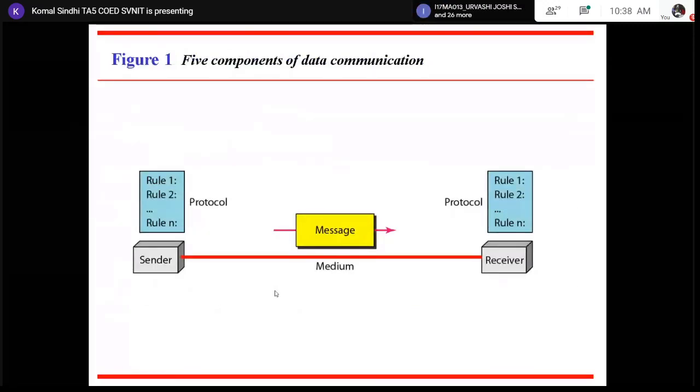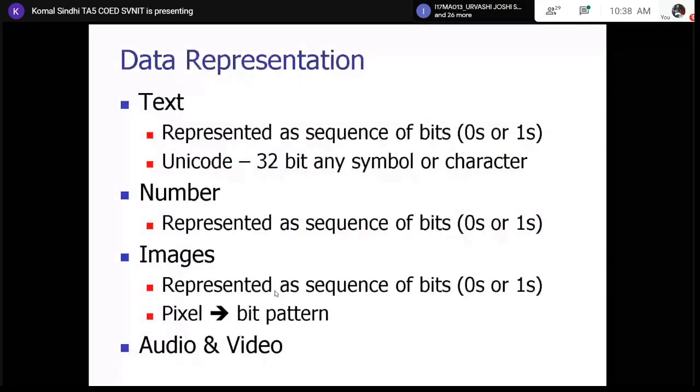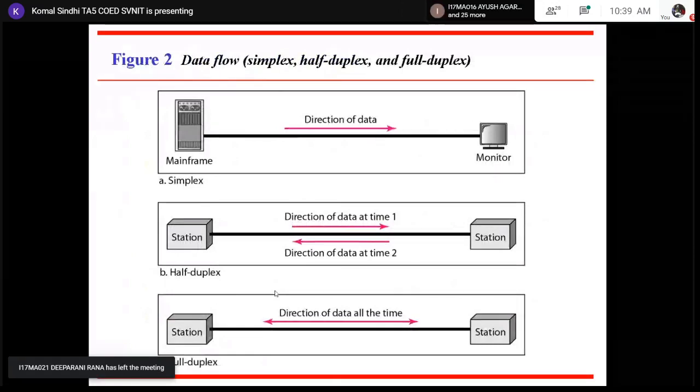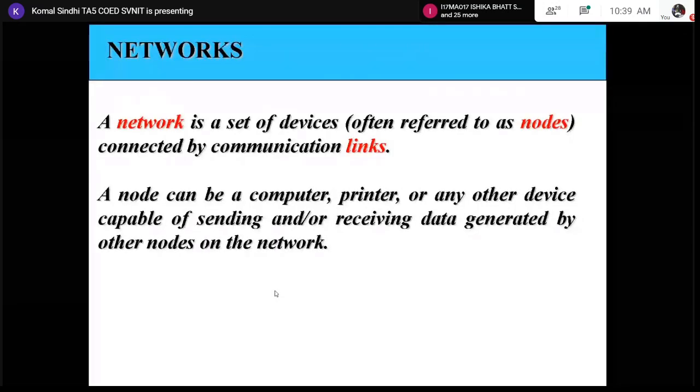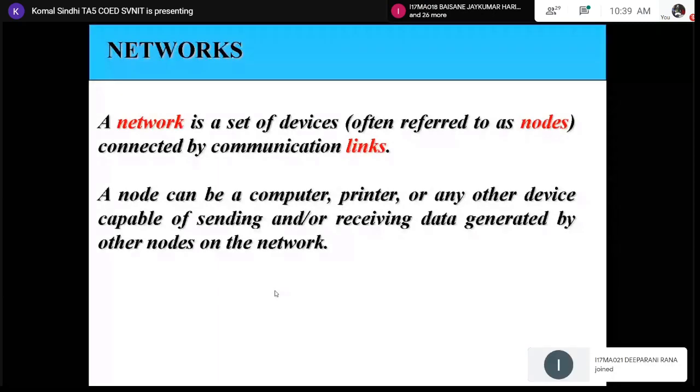All five components of data communication. In what forms can we represent data that we are supposed to send from one device to another, right? And then we have seen three modes of communication, namely simplex, half duplex, and full duplex. Then we have seen what we actually call a network. It is nothing but a set of devices plus the links which are supposed to connect them, right?